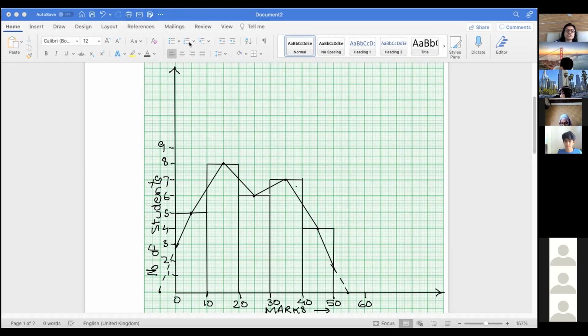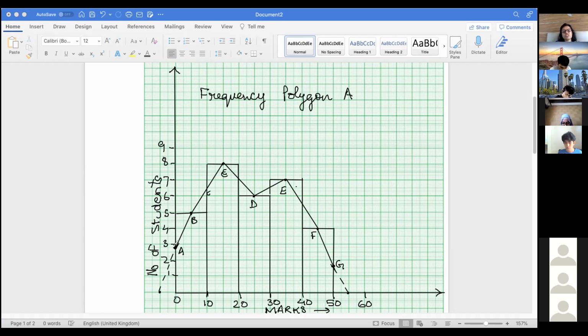Okay, so actually your polygon over here, it starts from here. Okay, it won't go in the negative side and it won't go over greater than 50. So polygon is A, B, C yahan pe hai na, C, D, E, F and G. Okay, so yahan pe in this case frequency polygon is A. So it starts from A. It will not start from here.